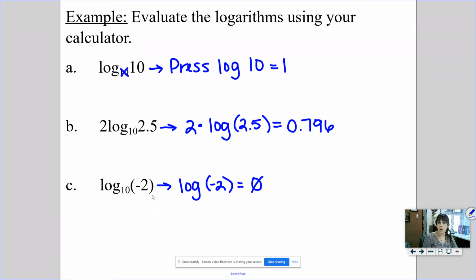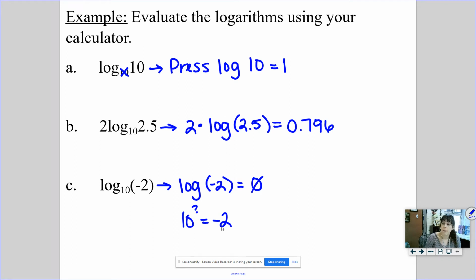Let's write the logarithm as an exponent, like I told you how you should be thinking through it in your head, okay? 10 to what power equals -2? That's the question I asked you. When I asked you to do log base 10 of -2, I was asking you to say 10 to what power equals -2? Is it possible to raise a whole number like 10 to a power and get a negative